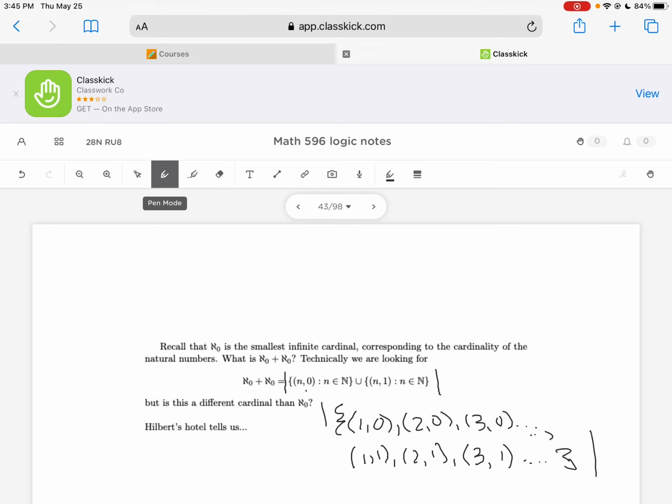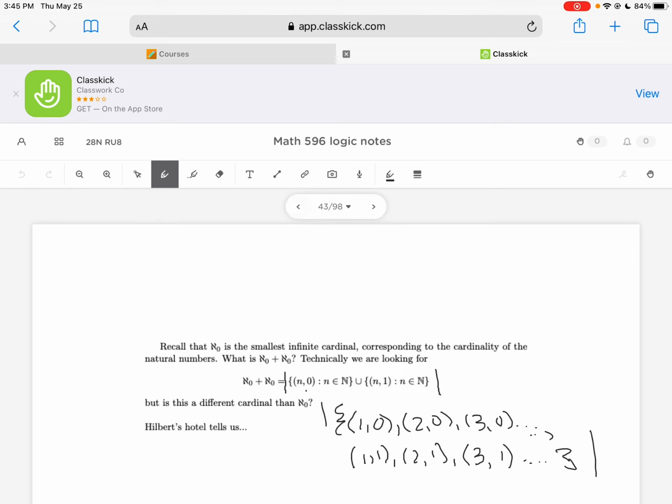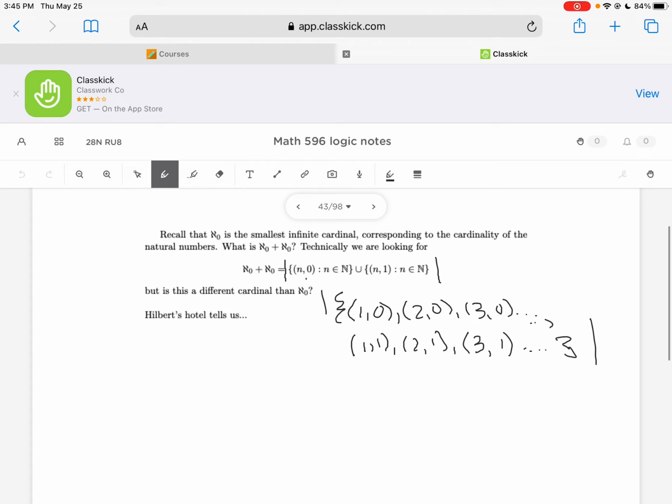Hilbert's Hotel tells us that if we have one infinite set indexed by the natural numbers, and then another infinite set indexed by the natural numbers. So imagine a full hotel, and then another infinitely many guests indexed by the natural numbers show up. We were still able to accommodate them, right? So no, this is not a different infinity. This is the same infinity all over again, and we can sort of prove this a little bit more carefully